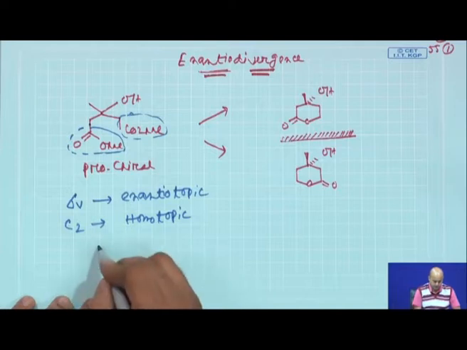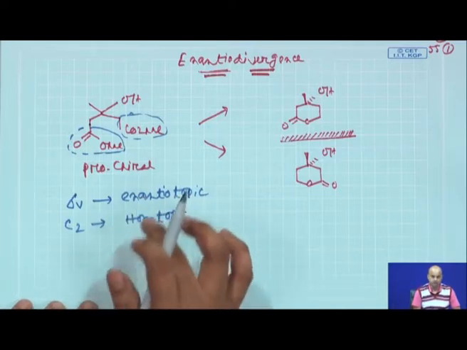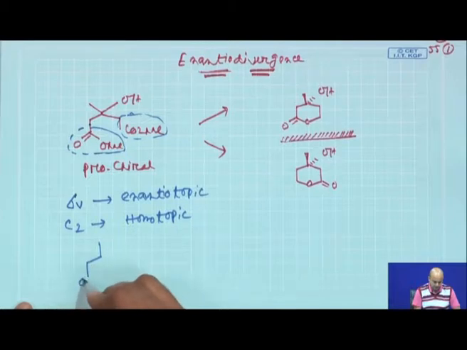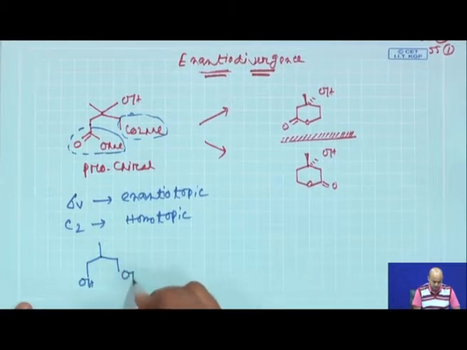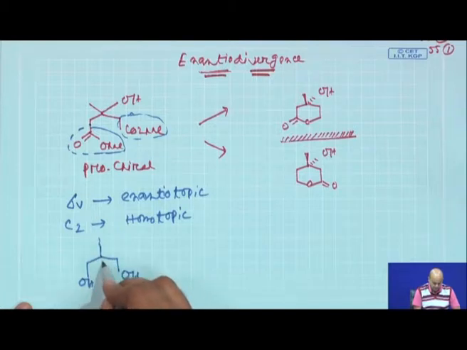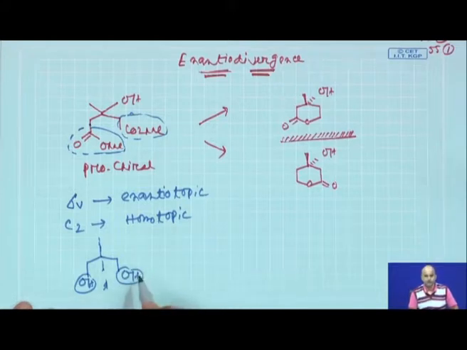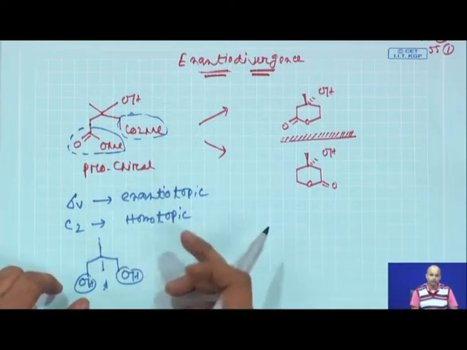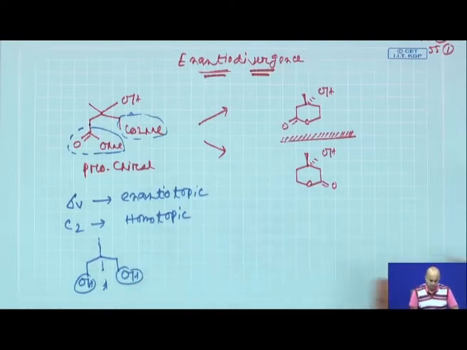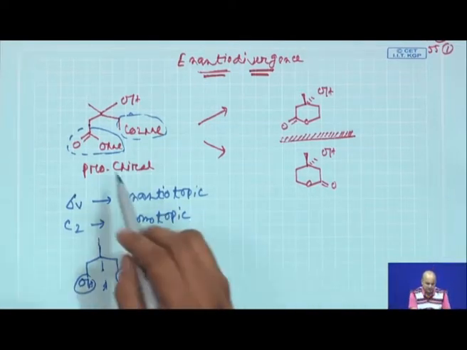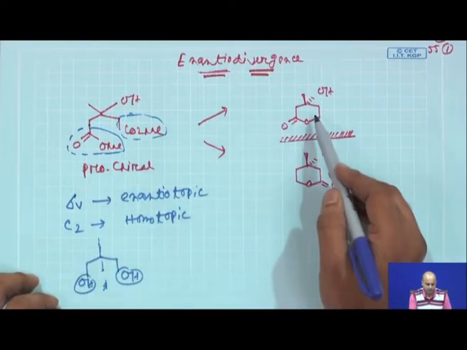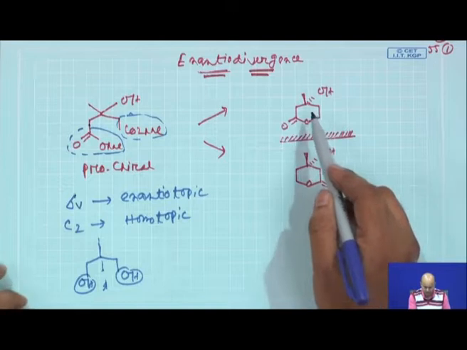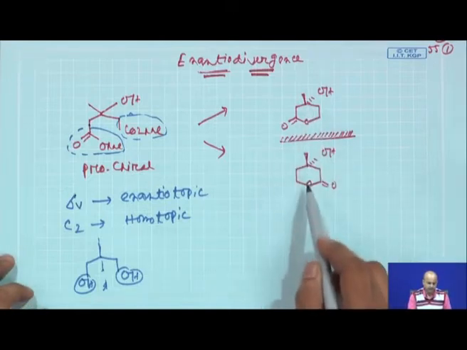Now, if a compound like this has a constitutionally symmetrical part and you have a sigma plane, you can say that this OH and this OH are enantiotopic to each other. You can consider it through symmetry element consideration, or you can do a substitution pattern, which is also available in standard stereochemical textbooks. So, now I am saying that you have a prochiral compound, and the assignment is that you need to convert it to two enantiomeric lactones.